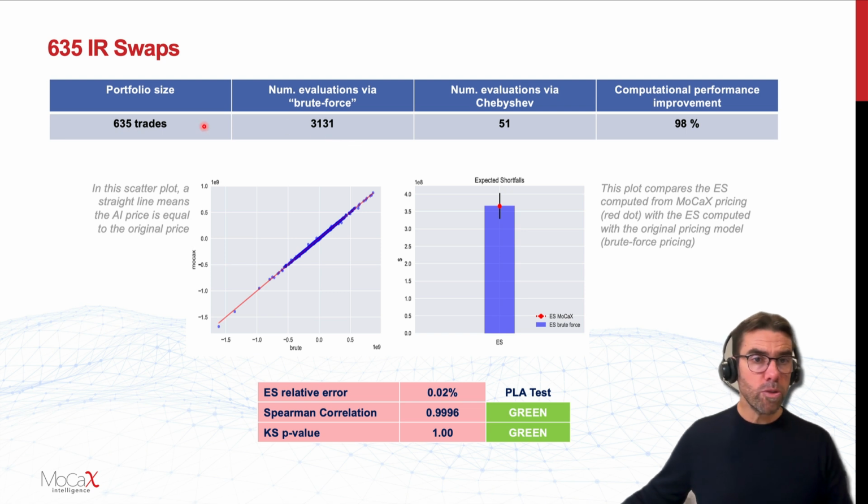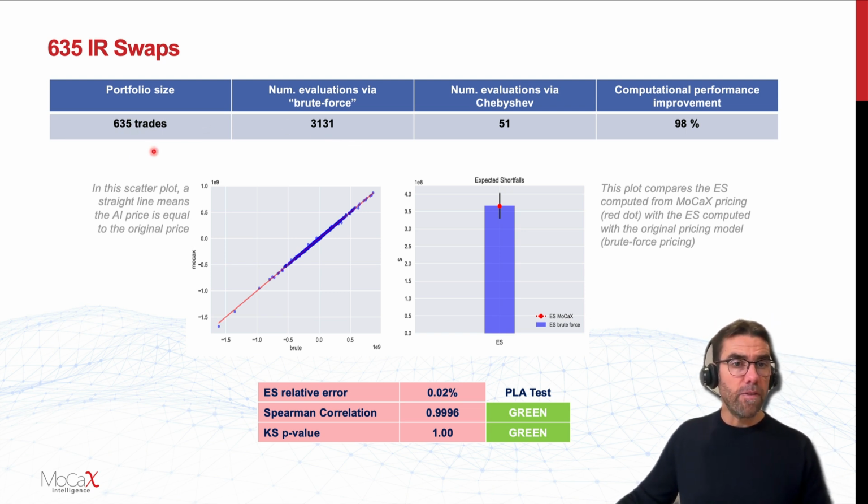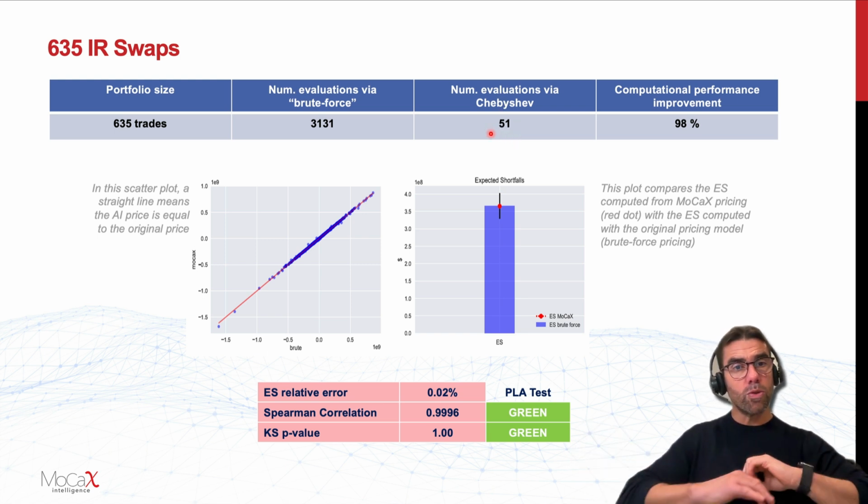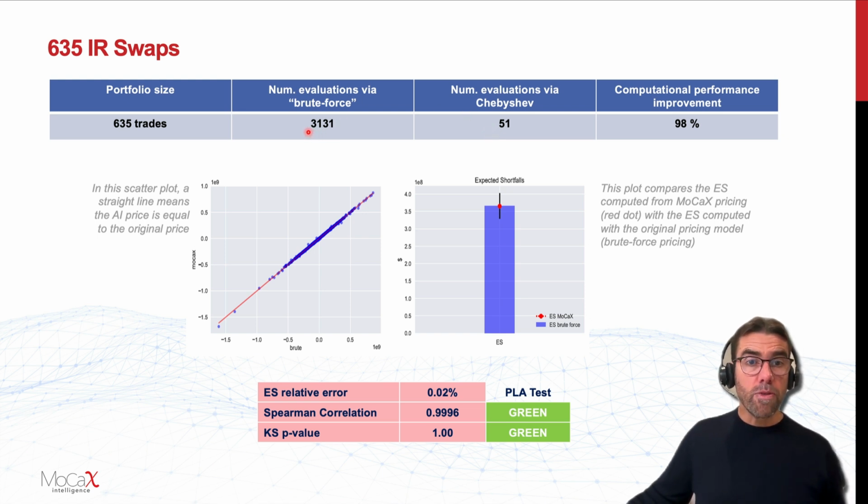For the portfolio of swaps, the portfolio had 635 trades, 335 positions. We were given 3,131 scenarios in which we had to price the portfolio. And what we did is, through the Chebyshev tensor approach, we computed 51 Chebyshev scenarios, the smart scenarios. And then from these scenarios, we priced it only 51 times. And then we used the Chebyshev tensor to compute the over 3,000